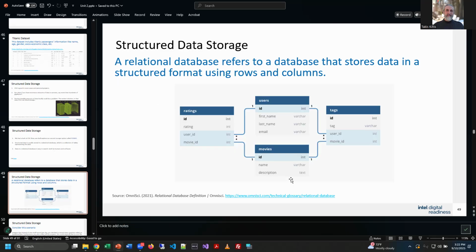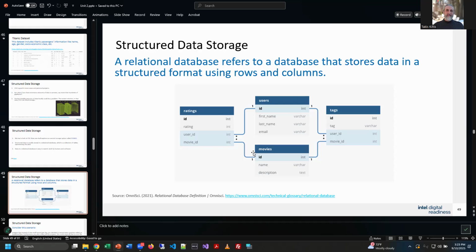And here's kind of an example of what we call an entity relationship diagram, which shows basically little tables that show the column headers for all the tables in this database, and more importantly, how they connect. So like the user ID in the users table connects to the ratings table user ID, so I know which user made that comment, that kind of thing.